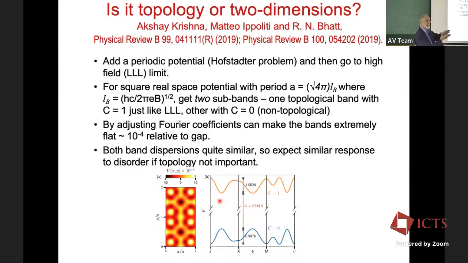So basically what we've done is we've taken the Landau level and split it into two very weakly dispersing bands with a large band gap. So now we say, well, let's look at each band separately and try to see whether they can be many-body localized or not. One of them has Chern number 1, the other one has Chern number 0. Of course, the sum of the Chern numbers has to be 1 because that's what the Landau level has.